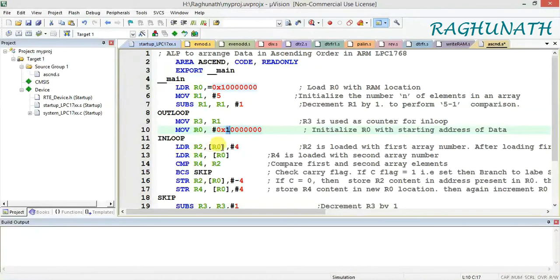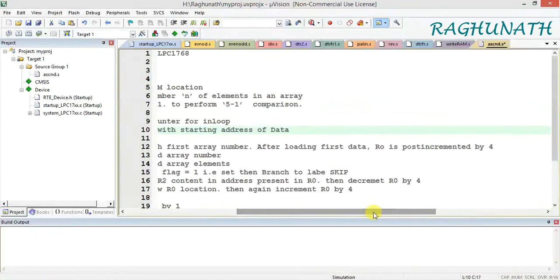After transferring the data which is present in the location 0x10000000, because R0 is having that value, the data present in 0x10000000 will go to R2. After transferring, R0 is incremented by 4. So R0 is post incremented by 4.